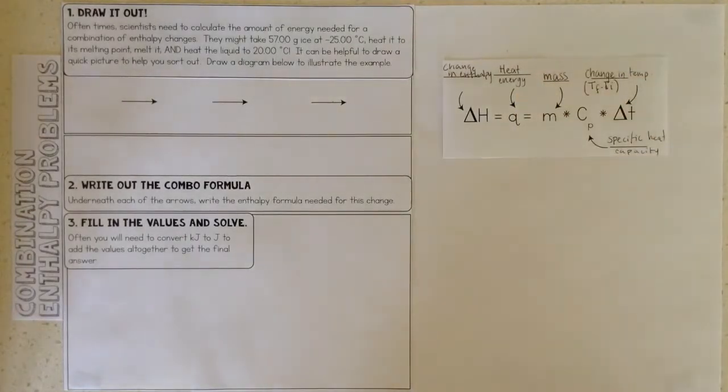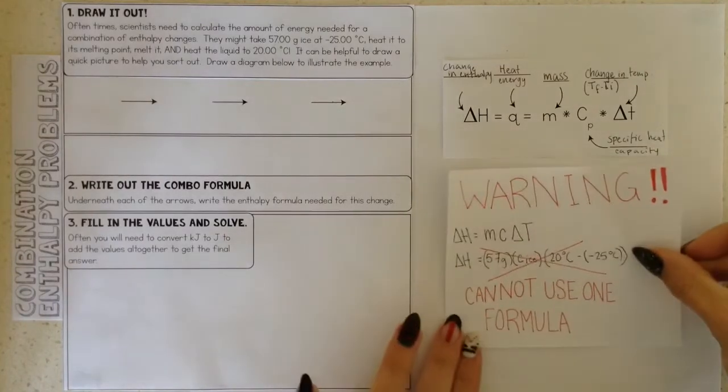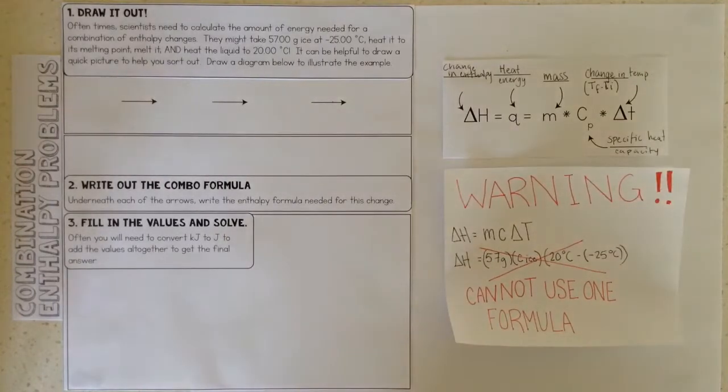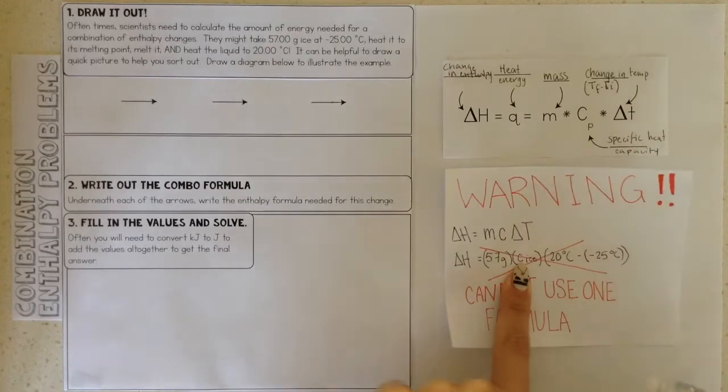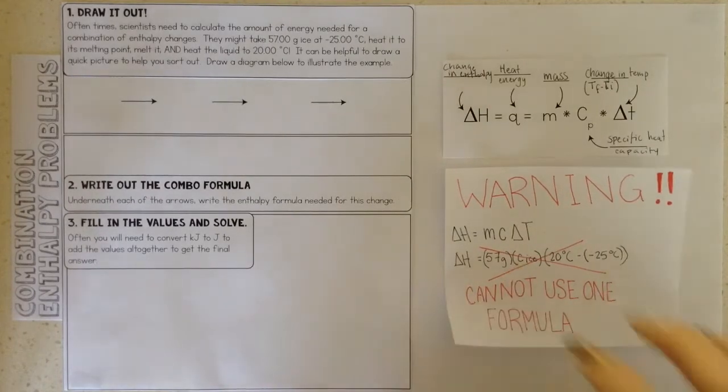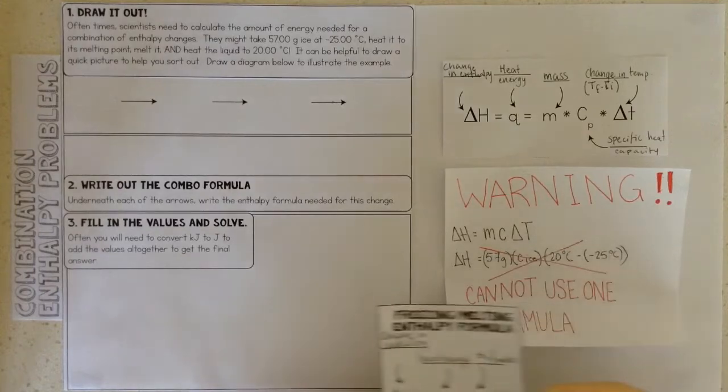I need to find heat. I have a mass, I can look up a specific heat, and I have two temperatures. But you can't apply this formula once you're going through a phase change. You don't have ice throughout that temperature range. You're dealing with the heat capacity of ice in one area and the heat capacity of liquid water in a different area, and those are two different numbers. Specific problem, we have to deal with enthalpy